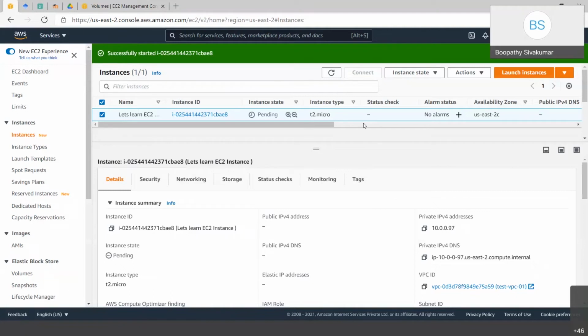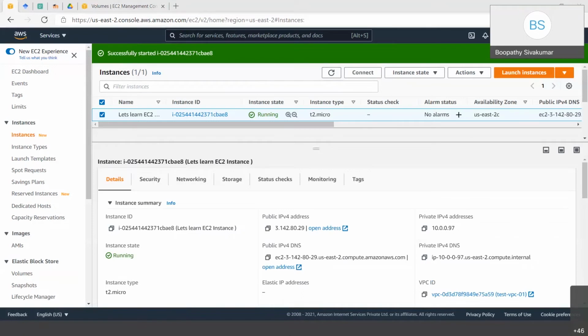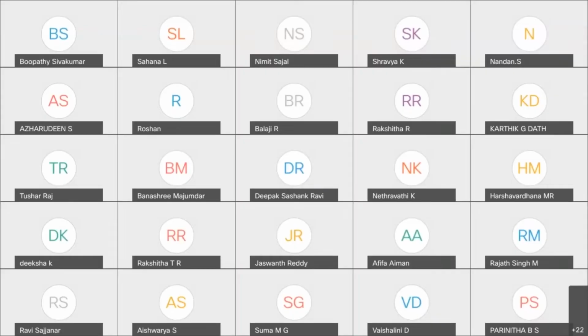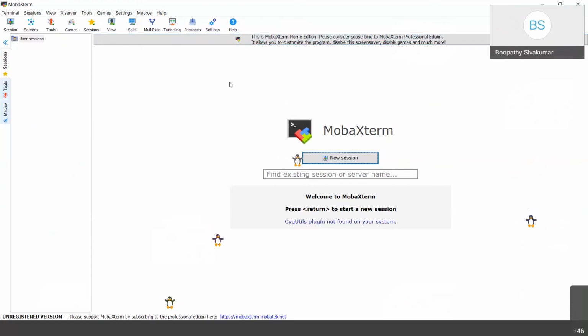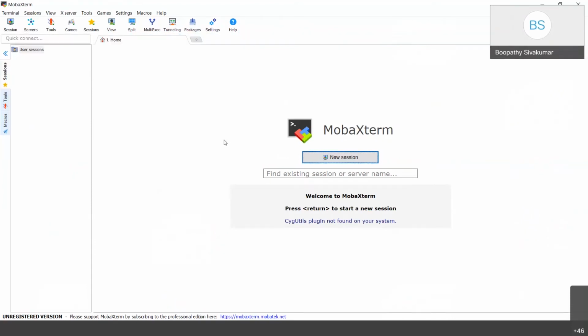Meanwhile, can you open MobaXterm? Is it visible? Yeah, it's visible. Can you click on new session?